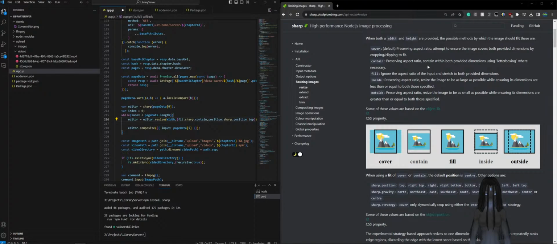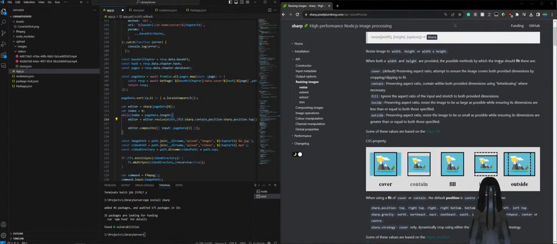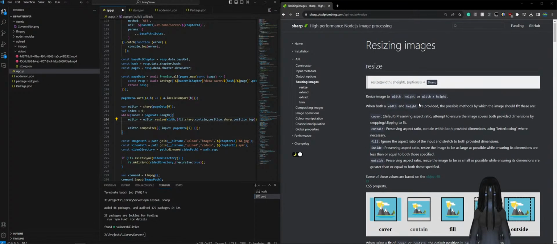Now both width and height are provided. It's possible that methods now fit in. And